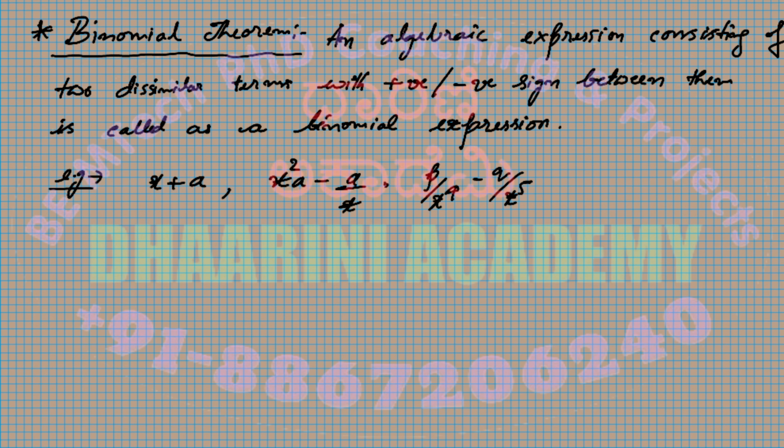Now let's try to write what the theorem is. I'm writing the theorem's statement now. The statement goes like this: if x, a belong to C and n belongs to the natural numbers N, then if at all you have x plus a raised to the power n,